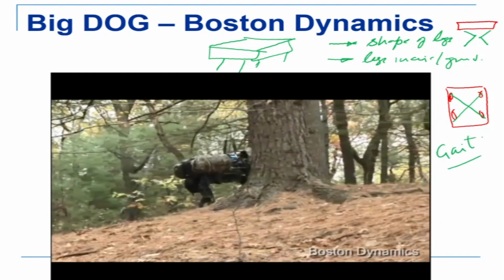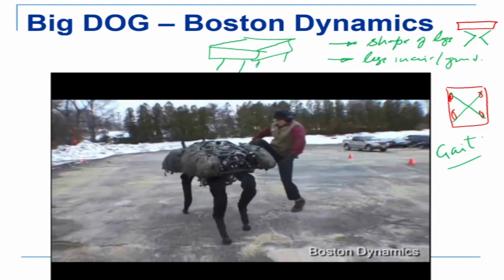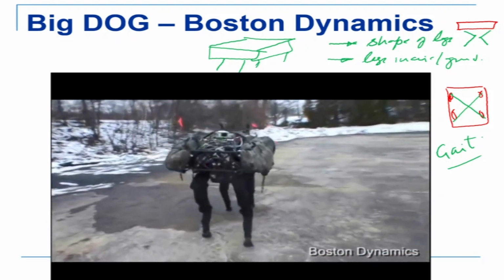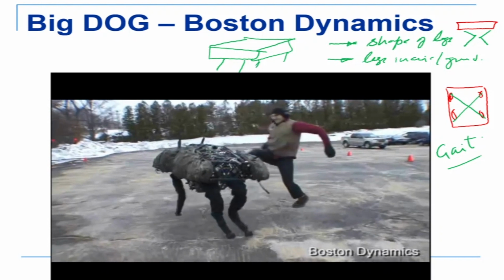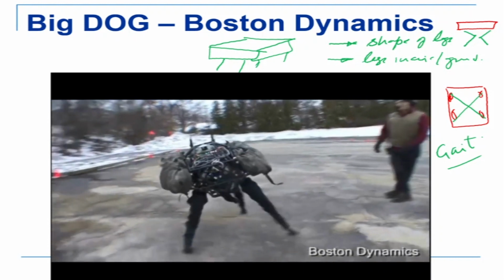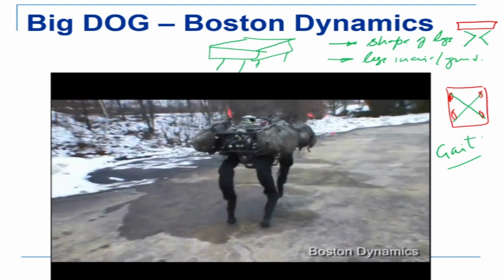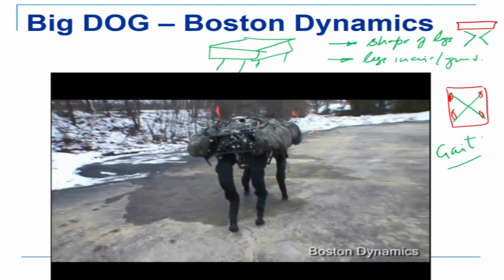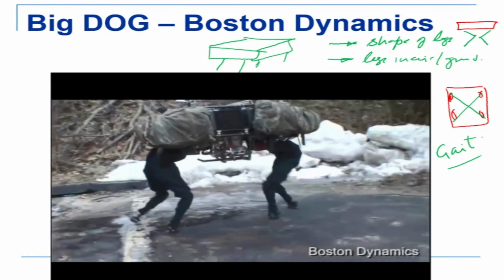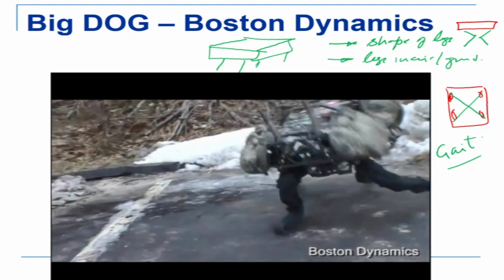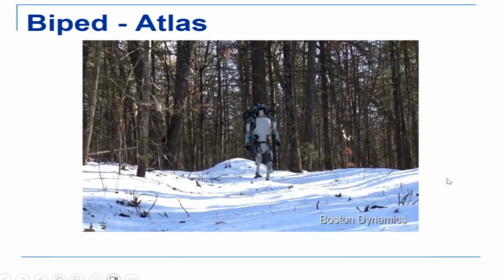So gait is the pattern of foot placement, how the foot is being placed and how the body is going forward. This is showing the stability of the system, that when it is subjected to an external disturbance, it can very easily change the position of its legs, and it can absorb the shock. It doesn't fall down. Now this is very difficult even for a dog, or you might say if a human is pushed, a human can fall very easily. Now this is a more advanced robot, which is Atlas. So Atlas is also developed by Boston Dynamics. Please note the shape of the legs. So if I see, this is my side view, there is the shape of the legs which are bent like this.